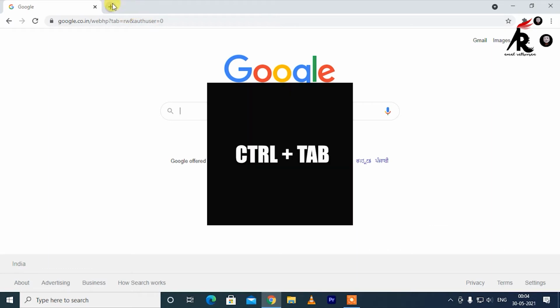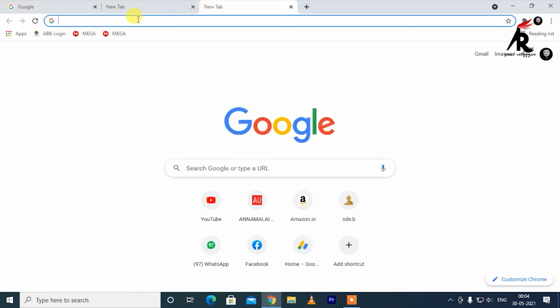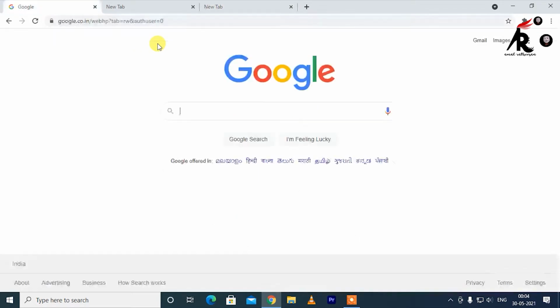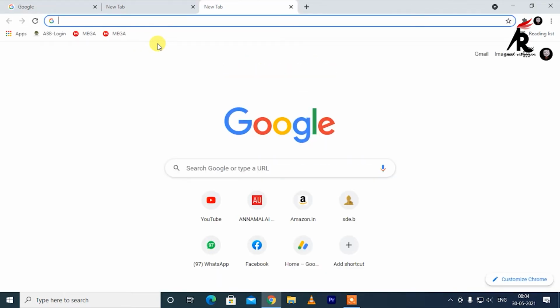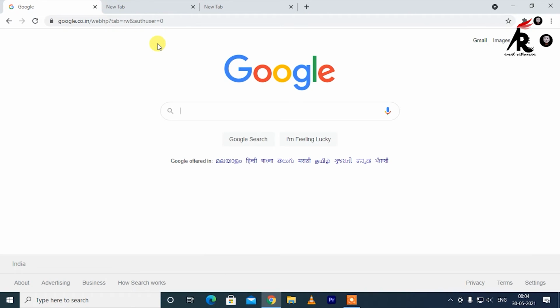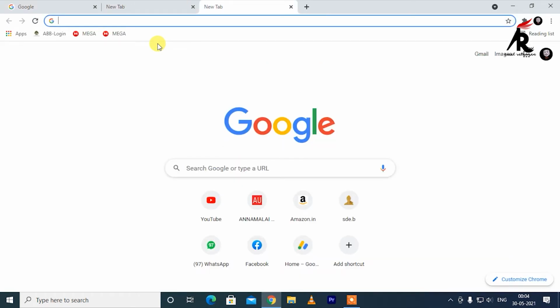Ctrl+Tab. Actually, just think that I have opened 3 tabs here, and Ctrl+Tab will shift the tabs like this. This tab, this tab, this tab. Okay. So the next shortcut is